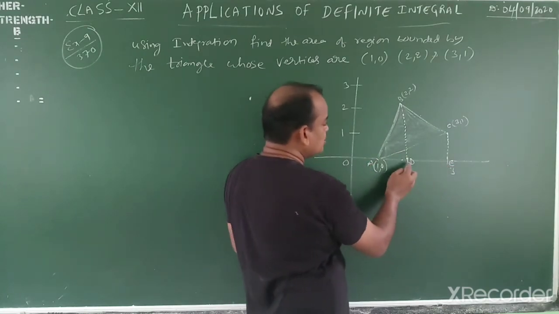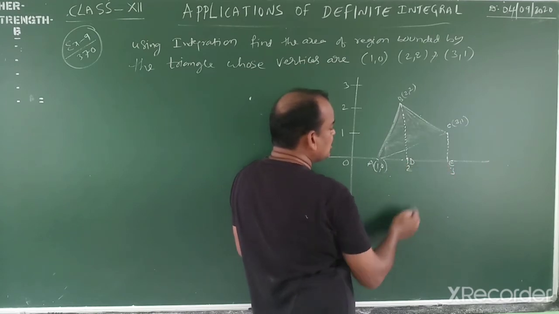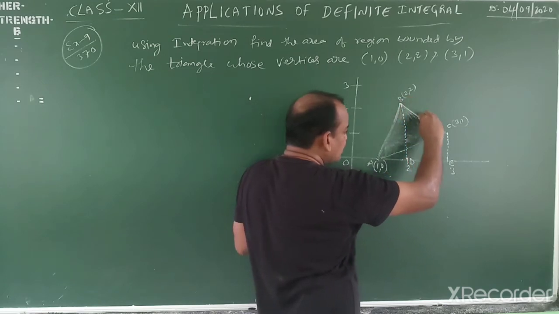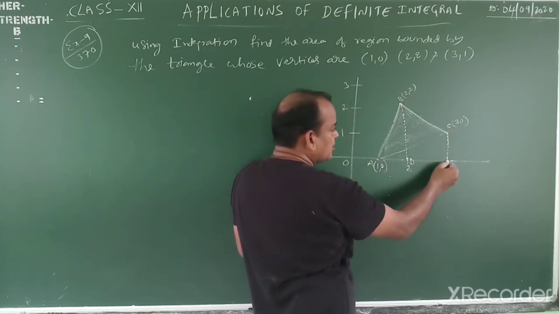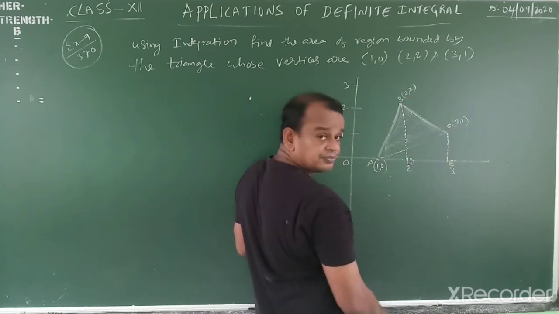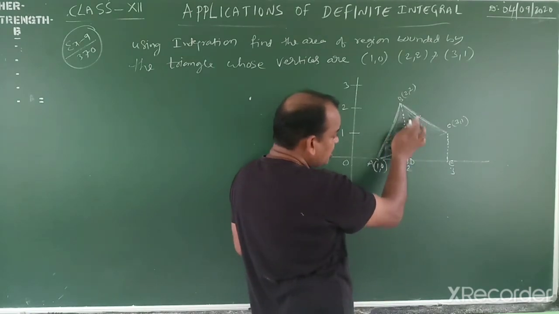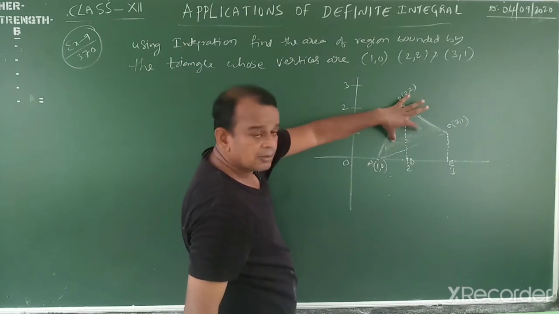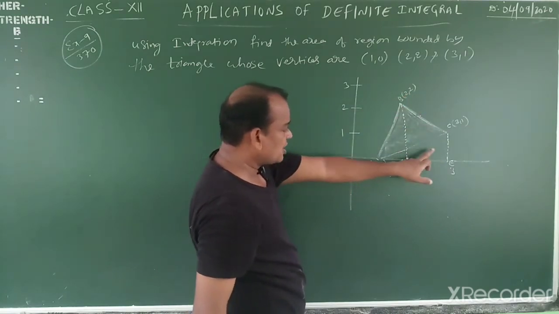2 to 3 means 2 to 3. Which line am I taking? 2 to 3 means this line, and these are there. That is the BC line. 2 to 3 means from here to here. This part is also there, but I want only this part. Compulsorily, we remove this part and this part.